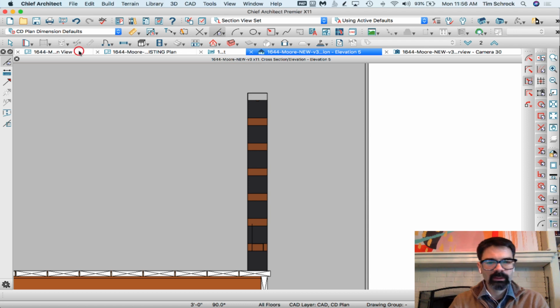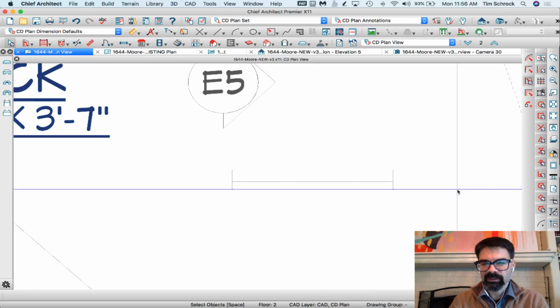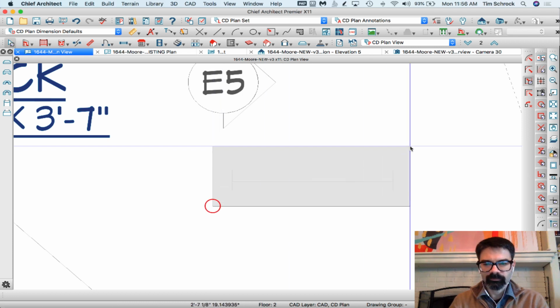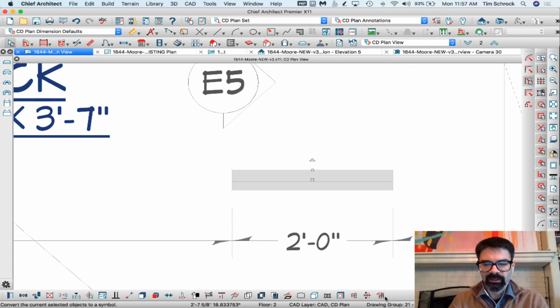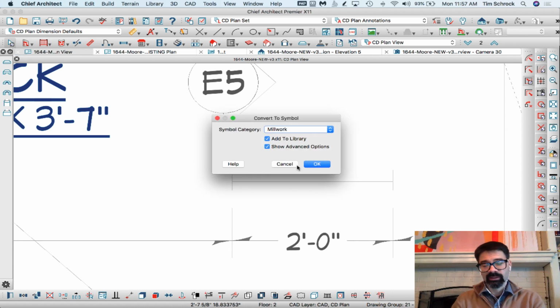All right. Now here's where the fun happens. I'm going to select my select contained objects and just click and drag. And then I'm going to convert selected to a symbol. Now this only works, this is a new feature in X11. If you're in X10, what you'd have to do is copy these. I would suggest copying these to a new file, take a rendering of it, and then export that